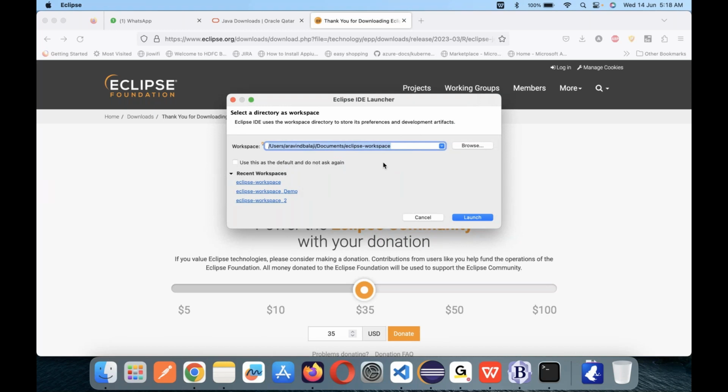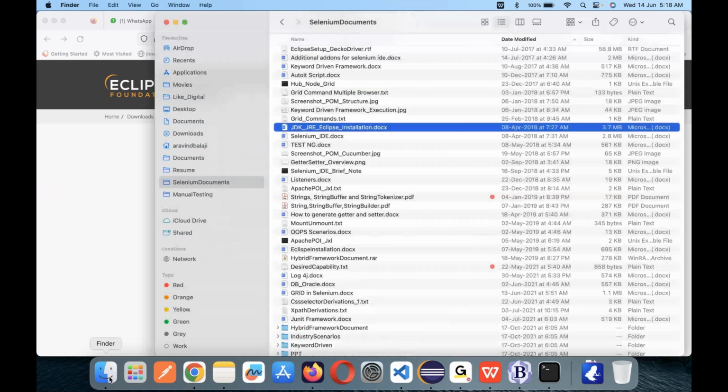It is asking you to create a path to store your projects, whatever you are going to do inside your Eclipse. So your workspace is nothing but the project storage path. So you can keep it anywhere within your Mac, Linux, or your Windows, any folder you can specifically keep it and use it. So for example, let me keep it something like, say,